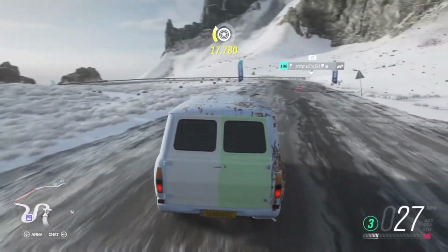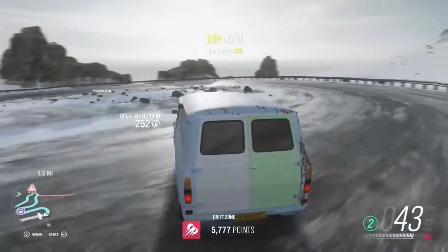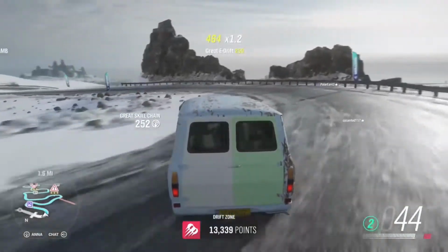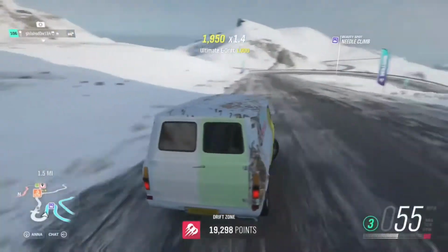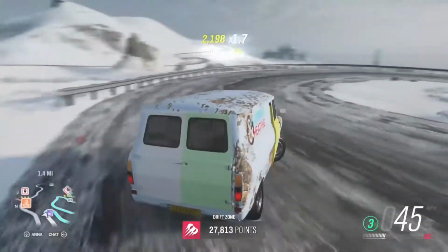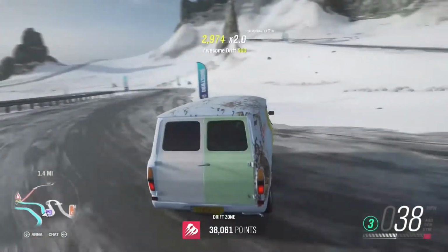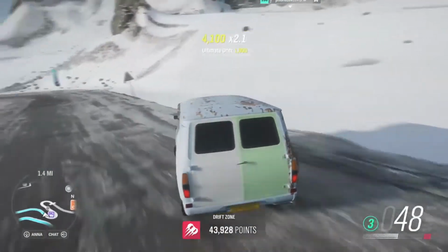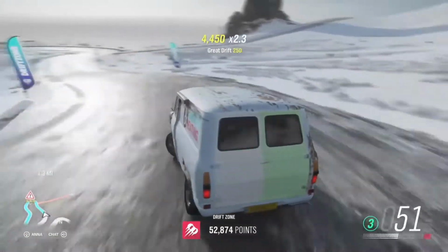Alright, let's get this van tested. Let's see what we can get out of this thing. And I'm pretty stoked to actually do this. This is the first real drift van that I've actually built. I figure let's do the '65 Transit van. I'm all about having hilarious drift vehicles, and drift vehicles that you wouldn't normally use to get a lot of points with. I mean, I'll be impressed if I can get close to 400,000 with this, but